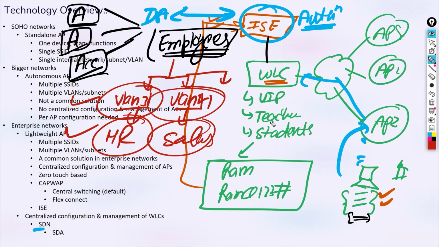More and more of it will make sense only when we are able to do that. If some of you have a little bit of prior experience with WLCs or APs, it will make more and more sense. Otherwise, for those who are just getting started, I can understand it can be overwhelming, it can be confusing. But yes, you'll enjoy it. That's a guarantee. It's an entirely different domain, different challenges, different rewards, and a lot to learn, implement, and grow with. Fantastic, right? But coming back, today most of your end devices are wireless, so you can understand the importance of wireless networking. So what I wanted to discuss next.